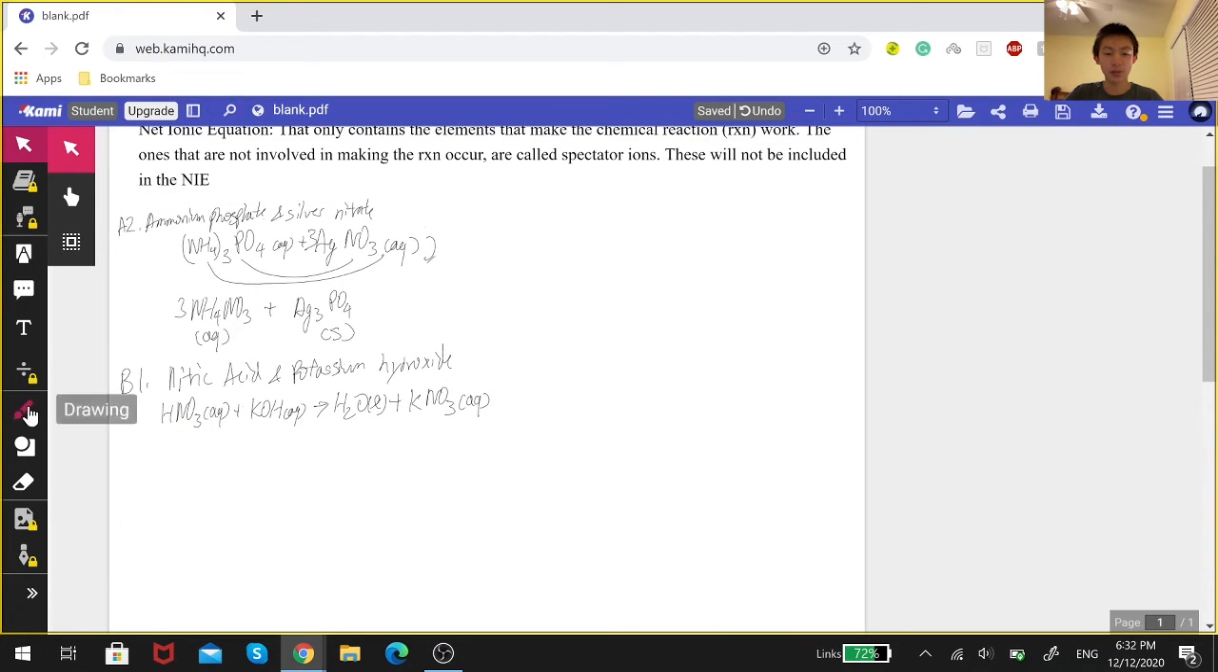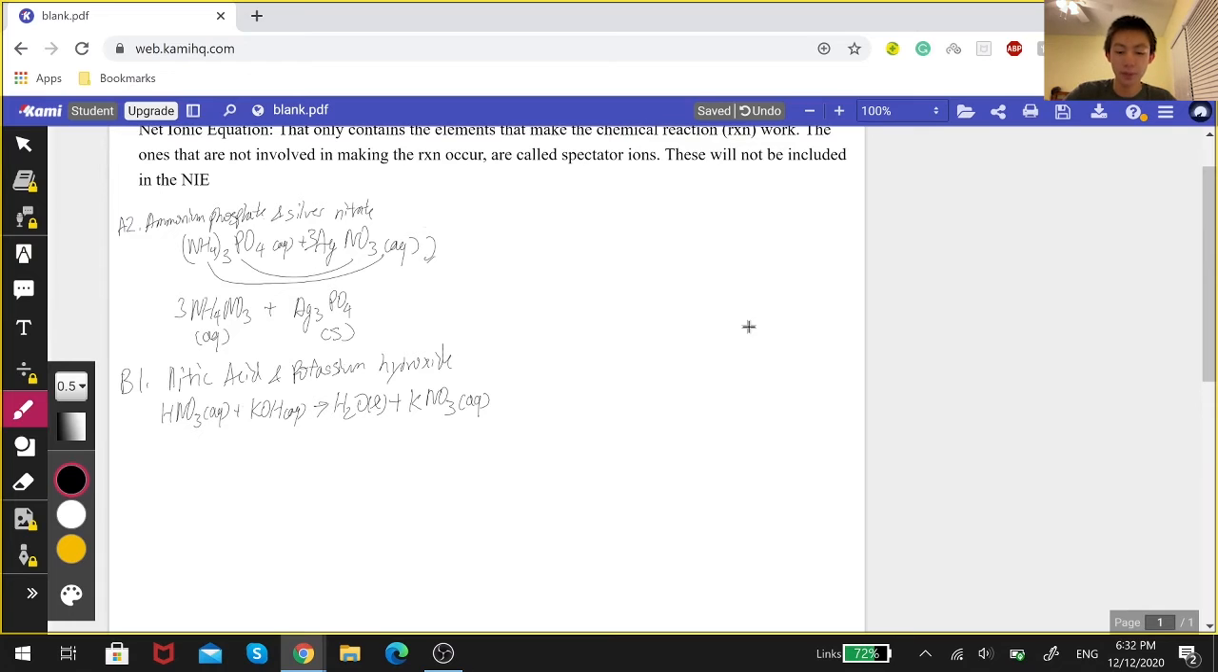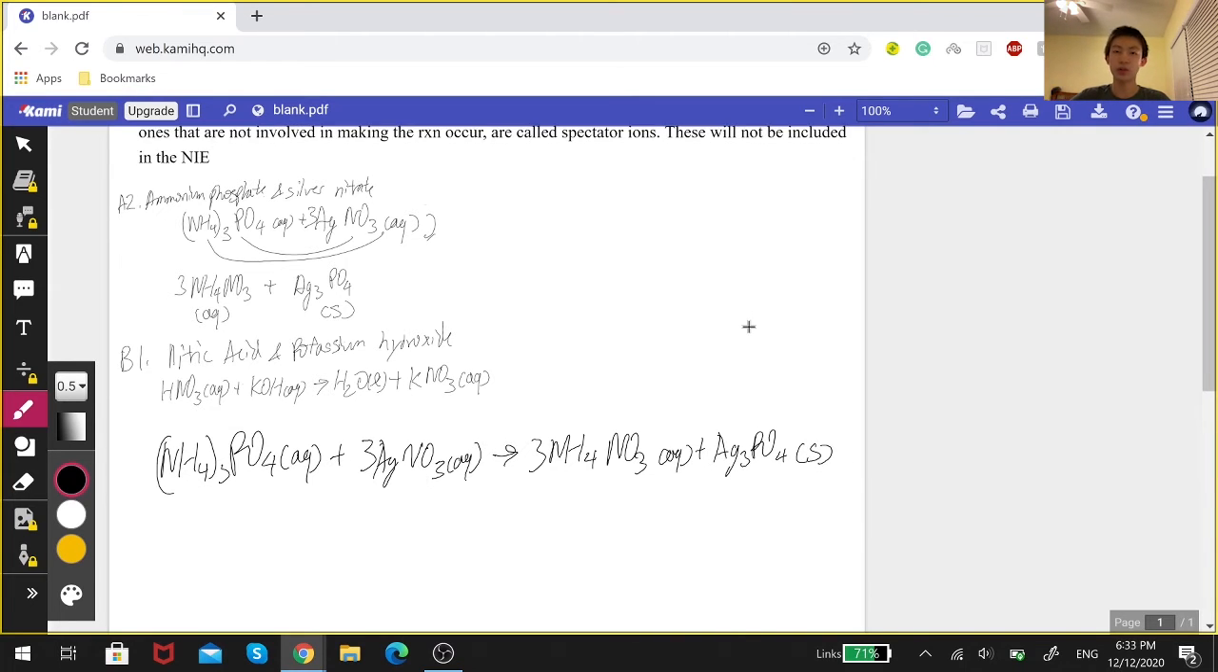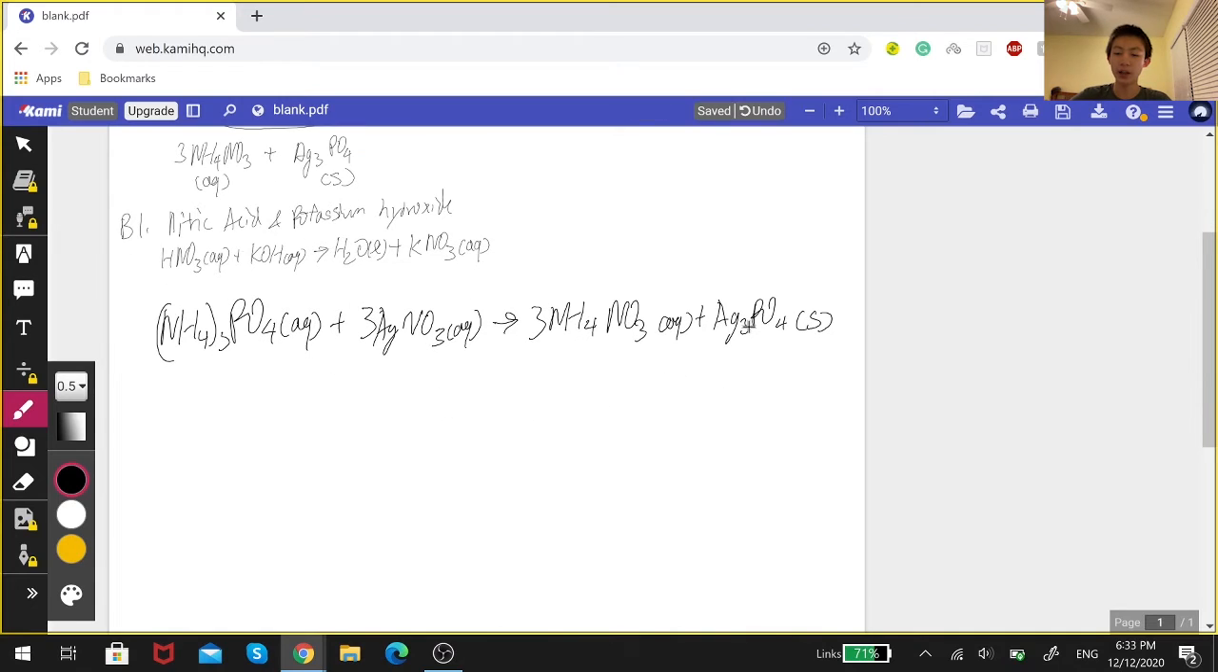Alright, so first one, let's rewrite the whole equation out. I have (NH4)3PO4 aqueous plus 3AgNO3 aqueous yields 3NH4NO3 aqueous plus Ag3PO4 solid. And now for net ionic, what you'll want to do is split up all the aqueous and rewrite